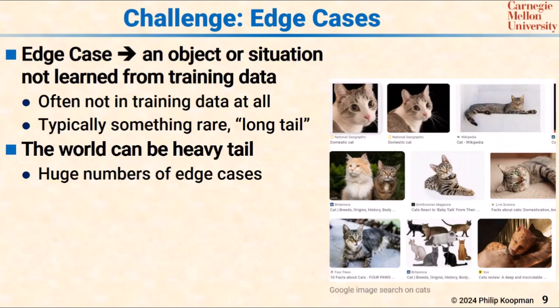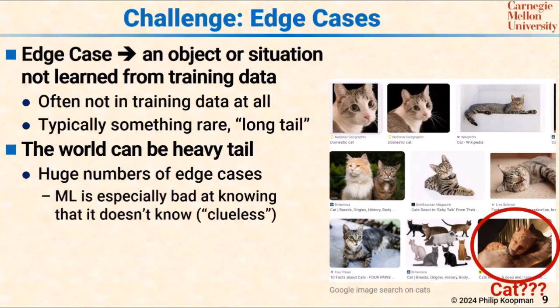And there's plenty of signs the real world works this way for machine learning applications. There are huge numbers of edge cases. They might be 1 in a million, but if there's 10 million, 1 in a million cases, well, they're showing up all the time, right? By the way, is that really a cat? Google image search thought it was, but I'm going to say it looks like an actor dressed up as a cat. Those are the kind of things you have to watch out for.